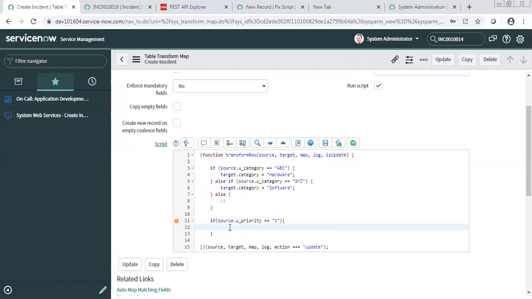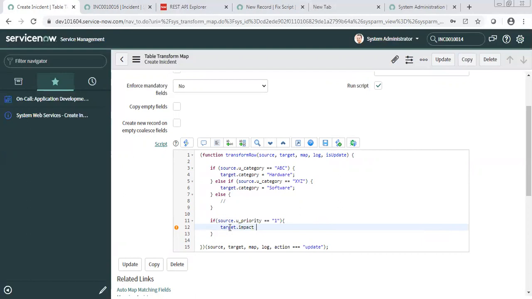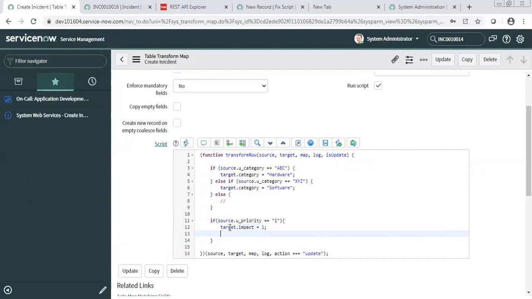Then I want target.impact equal to 1, target.urgency equal to 1.